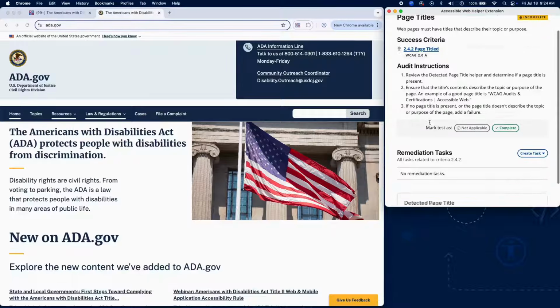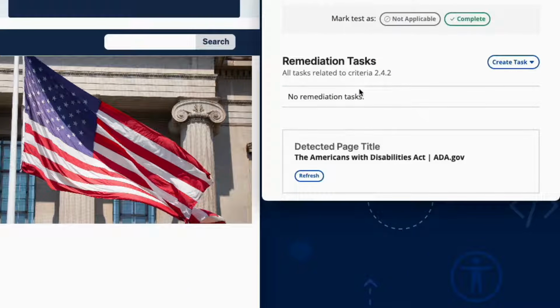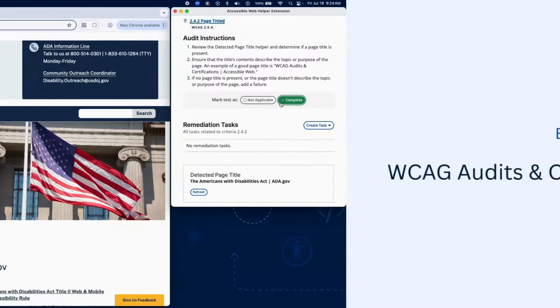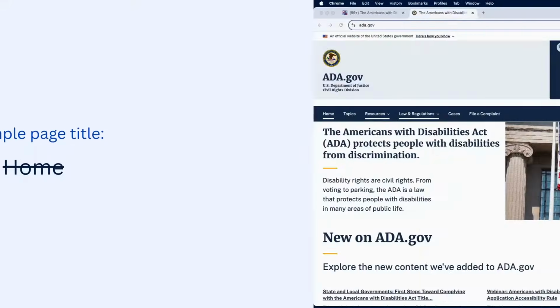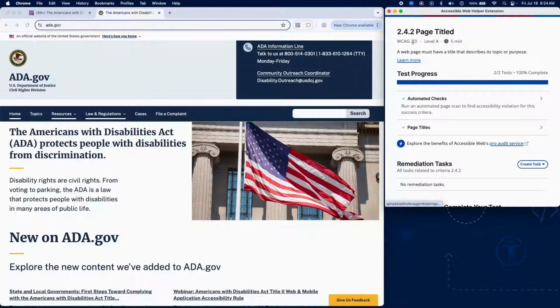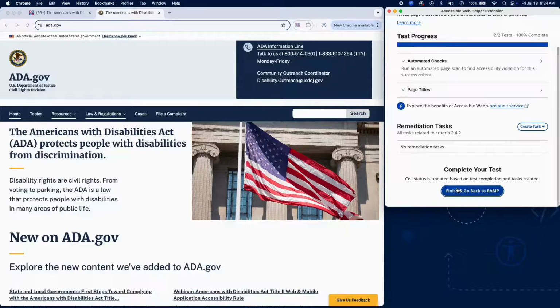To manually check page titles, use the Detected Page Title helper in RAMP to view the current page title. Ensure the page title is present and clearly describes the topic or purpose of the page. For example, WCAG Audit and Certifications Accessible Web is a descriptive title, while a title like Home alone is too vague. If no page title is present, or if the title does not accurately describe the page content, add a